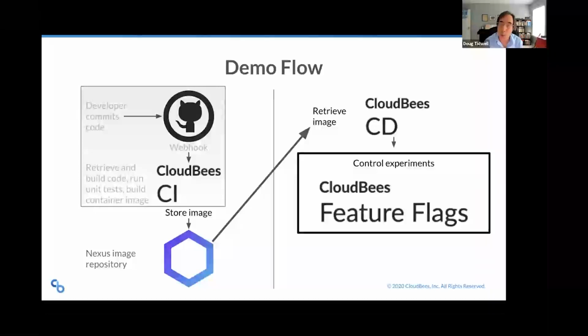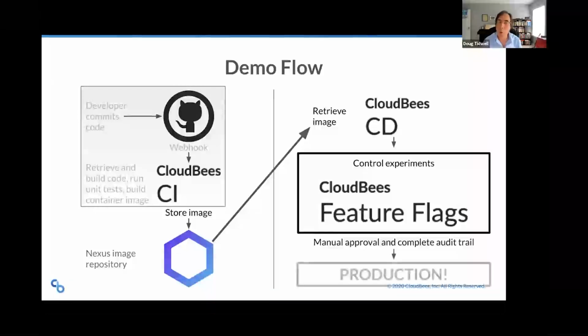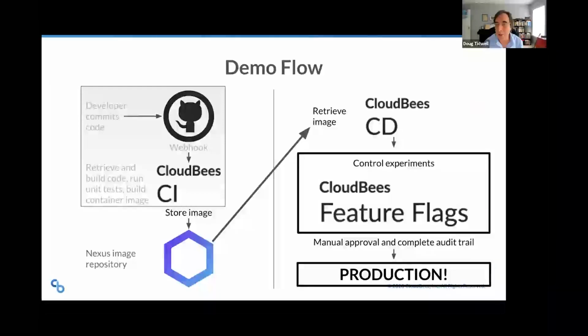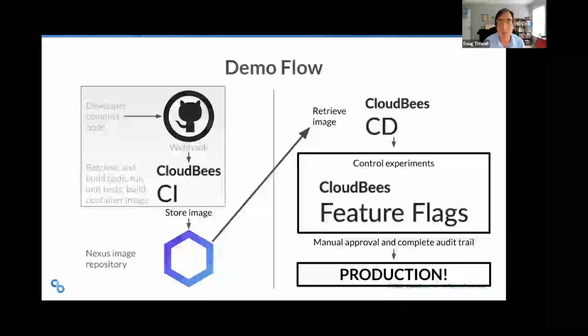We're going to retrieve that image from a container registry. We're going to deploy it to a QA environment. Then we're going to start working with feature flags. So what we're pulling out of the repository is a release candidate. We believe this is something that's ready to ship, but we want to use the magic of feature flags once we've deployed it to a QA environment to make sure this is ready to go out to the world. So let me steal the screen here